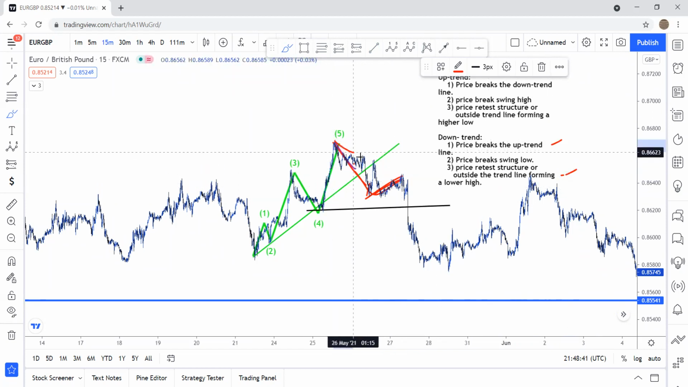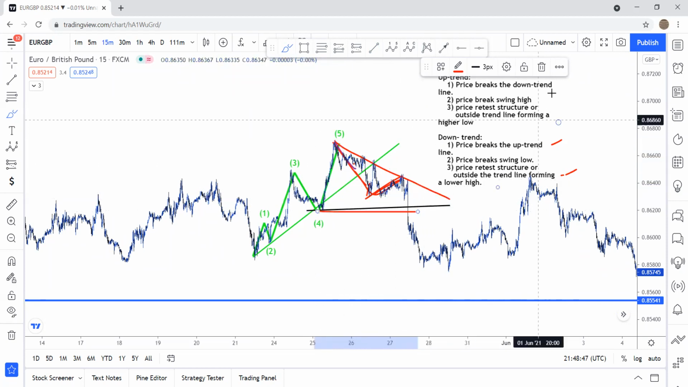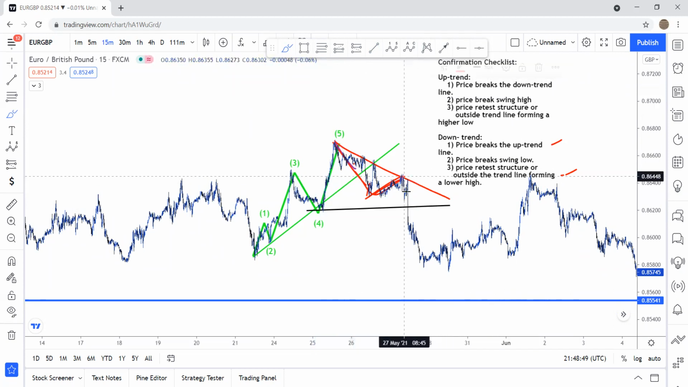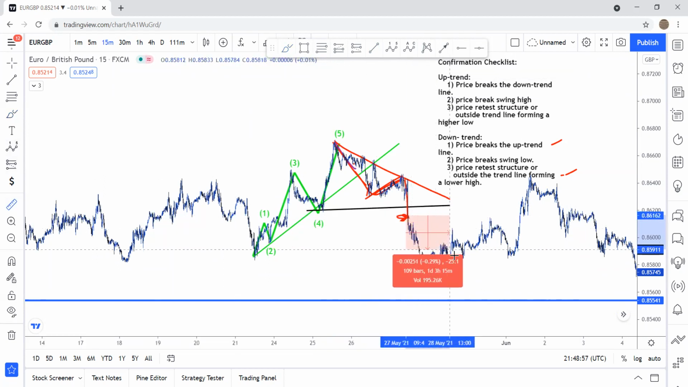Now look what it started forming, these higher lows, right? Look at that. Now the confirmation for that is the break of that black line. Price then came and broke it. That is a good example of price now going for a downtrend, right? As you can see, price absolutely came down,